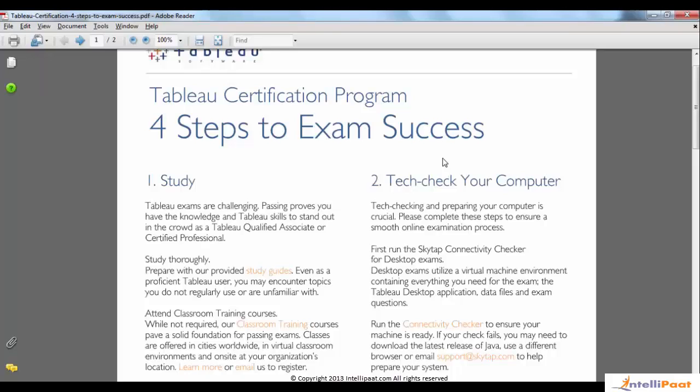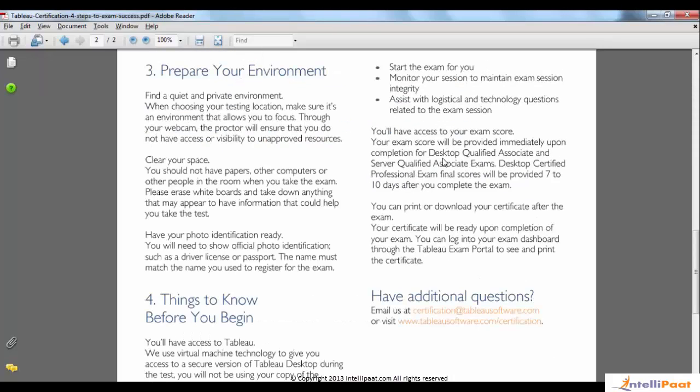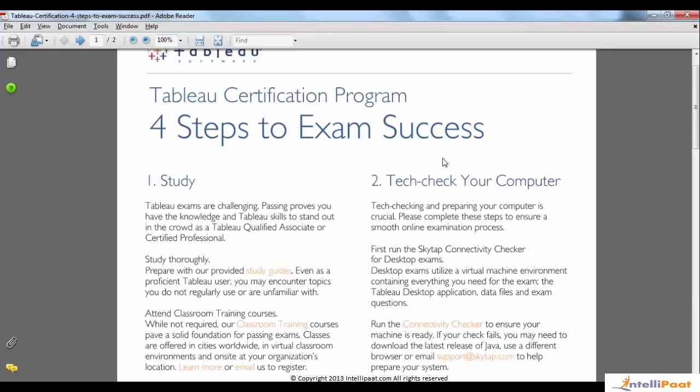So you can register for both online, pay the fees, and get set with these 4 steps, which are basically: study, make sure your computer is ready, prepare your environment, and understand the things that you need to know before you start. Once you have all this, and then give the exams, you would certainly be qualified in terms of